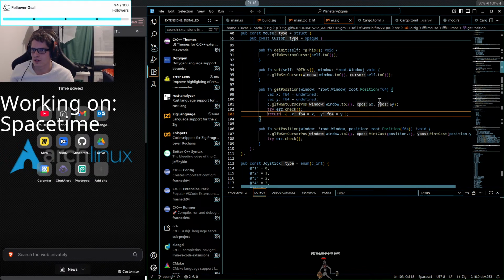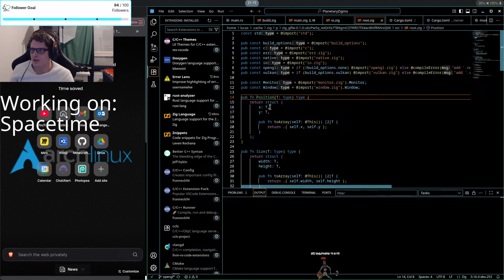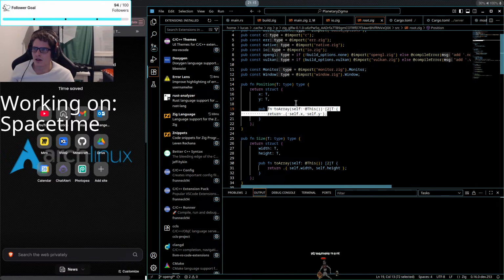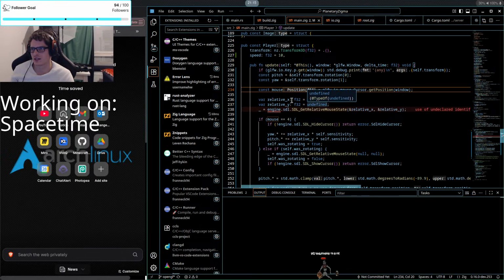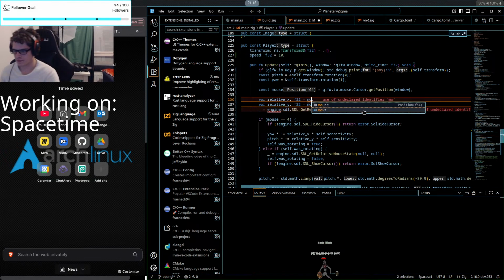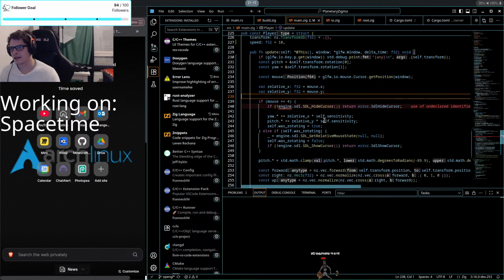A position type. You can do to array and it will break it. Okay. And then you can do... So there is actually X and Y, so I could break it here. Yeah, same idea. You can do that, but I would actually not do it here. I would use mouse.x or mouse.y. Not too hard. That's mouse.x and mouse.y. Like so. And then we don't need that one.